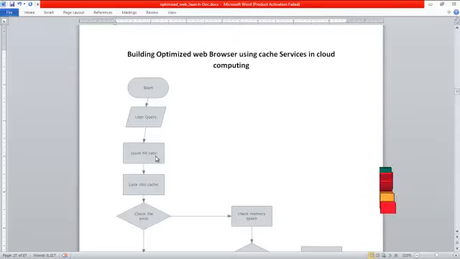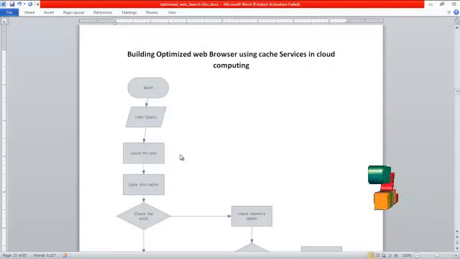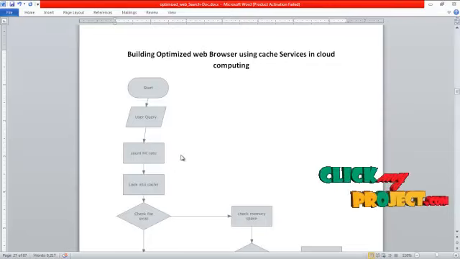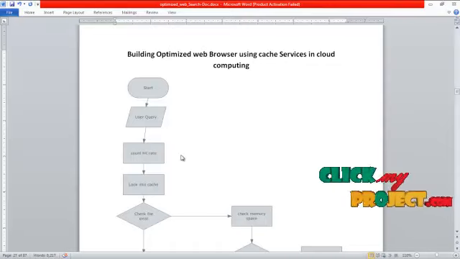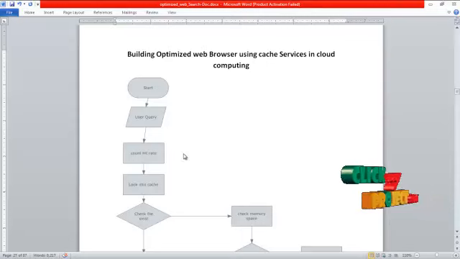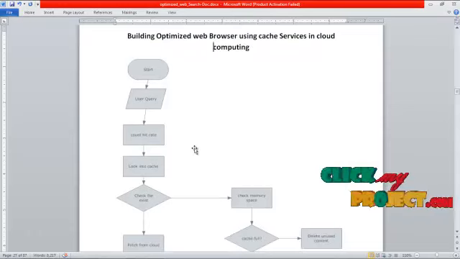Every time the user queries something, the hit count is calculated. When Java is accessed more than 10 times, that is, when the user gives Java another time, the hit count is increased to 11. Then the query is looked up in the cache server.